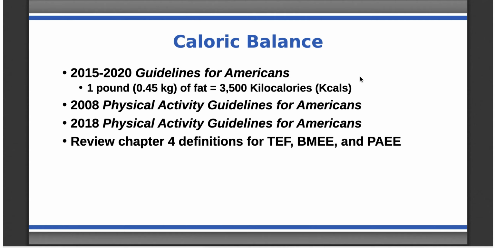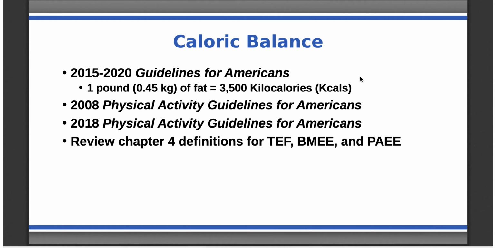And so there's a lot of guidelines for Americans put out there for different things. But what we have realized is that in a pound of body weight, so whether you're gaining a pound or losing a pound, there's about 3,500 calories associated with that. So think about the food we eat has calories. If you eat 3,500 more calories than you burn, you're going to gain about a pound. And if you burn about 3,500 more calories than what you consume, you're going to lose about a pound. And so that's a good number. It helps us to put things in perspective.